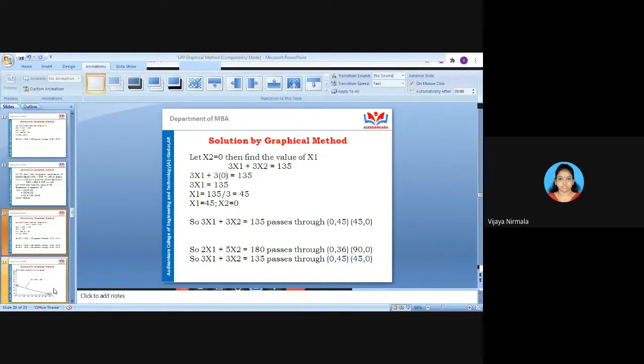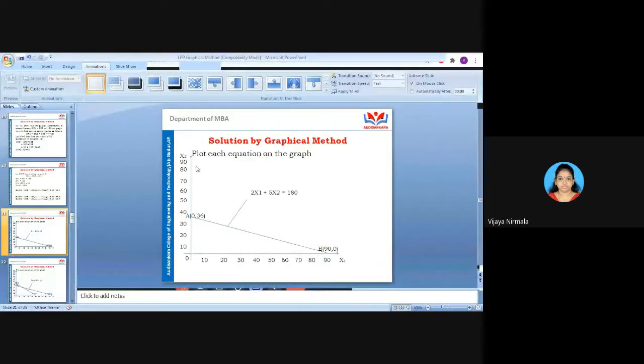Up to here, did you understand? Yeah. See, now you need to plot it. I have just made this simply, but you need to draw this actually on the graph. So first let the x-axis be x1 and the y-axis be x2. Anytime, x-axis is x1, y-axis is x2. Generally there are points that we have written, 10, 20, 30 up to 90. So first we will plot the values.